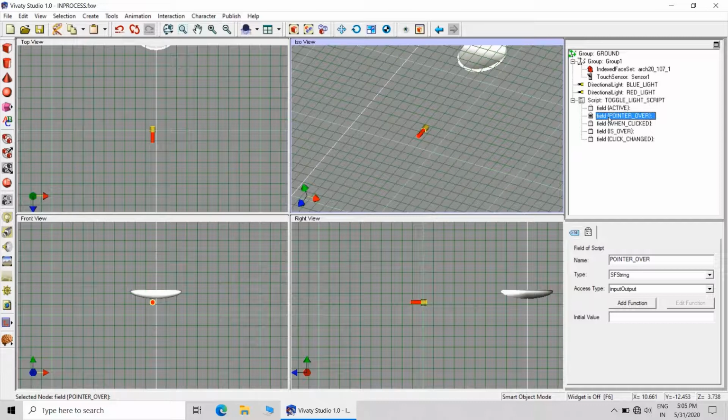Now the field of the script is pointer over, and the type will be acceptable and initialize only. Third is when clicked.